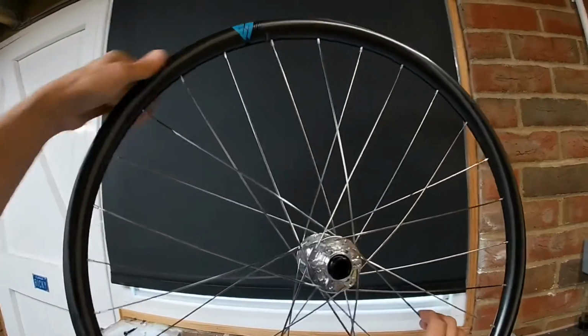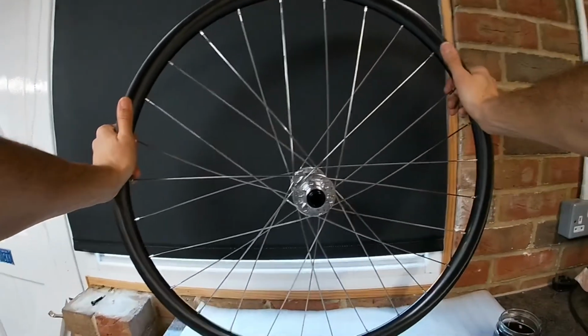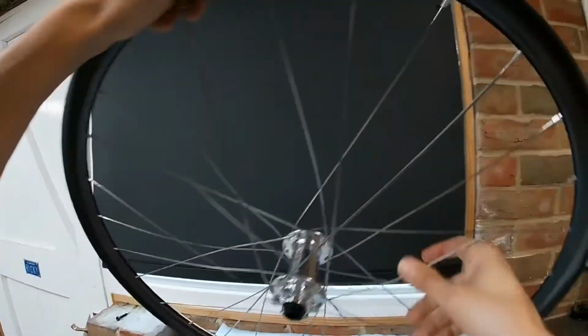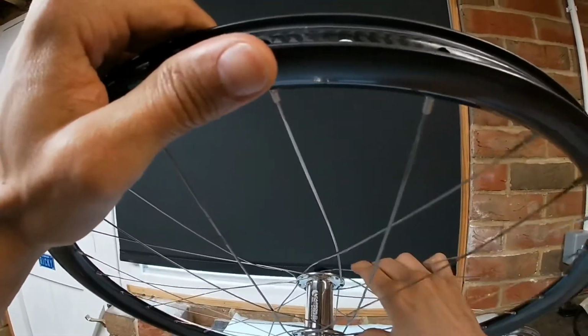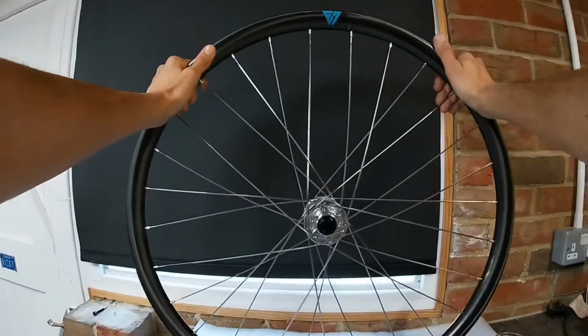Okay, they're all roughly equally tightened now. That's the first stage of your wheel build, which is the wheel laced up now. Obviously there's not really any tension in the spokes, they all need straightening and bending, but that'll be in the next stage, which